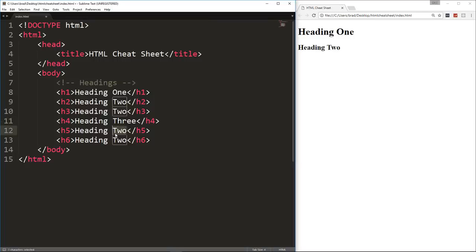Alright, I want you guys to have this to look back on if you need it. Whoops, 2, 3, 4, 5, and 6. Alright, so let's go ahead and save and reload the browser, and you'll see the different sizes